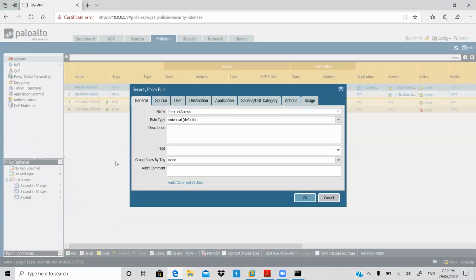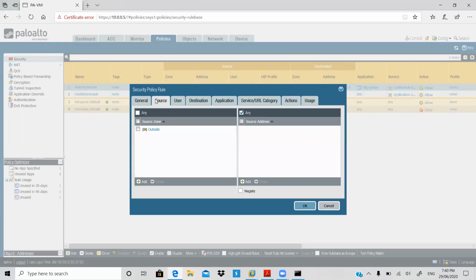Source is my outside zone. Okay. Destination is my inside destination IP. Inside destination IP, that is 206, correct? No, 206.4. Yes. Okay, fine.